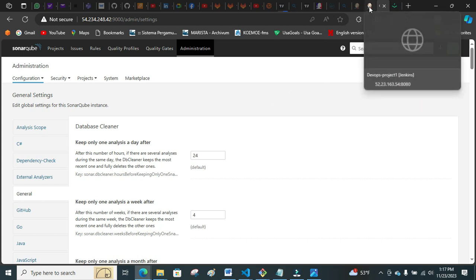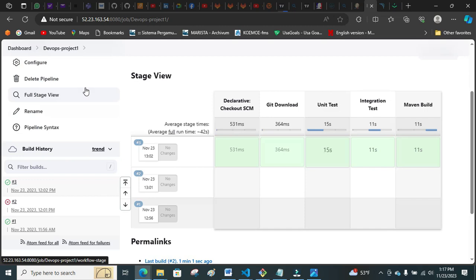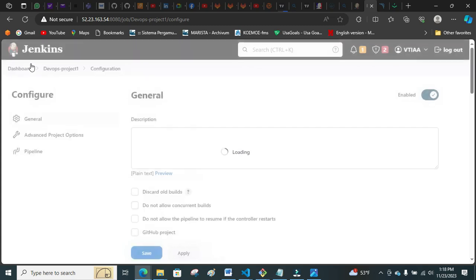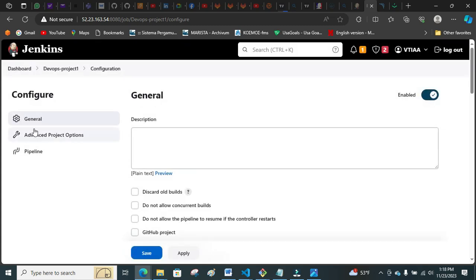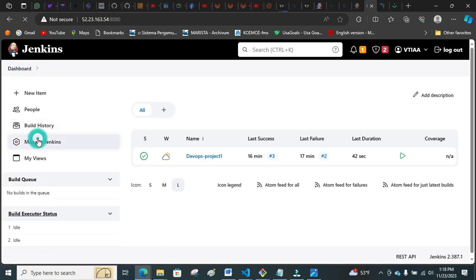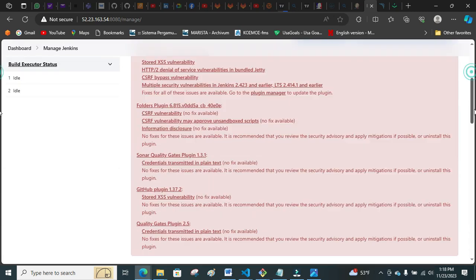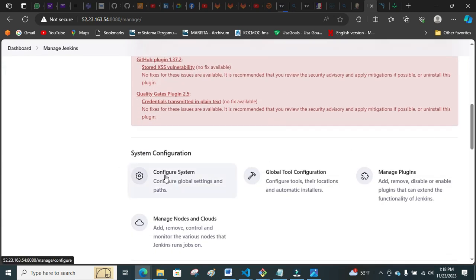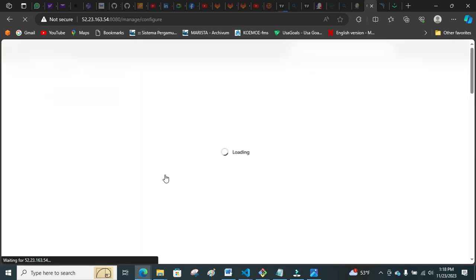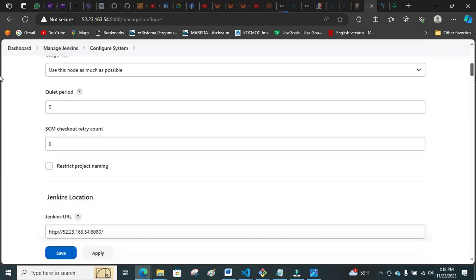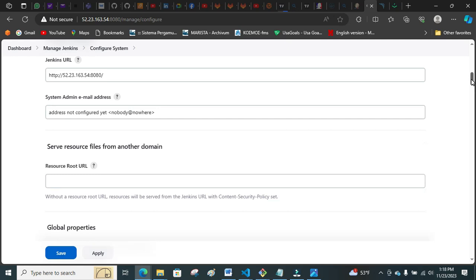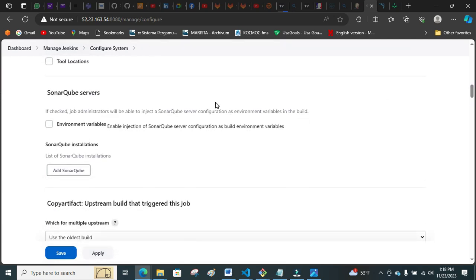But before we generate that token, let's first go to Jenkins and see where we are going to use that token. Now in Jenkins, just come to dashboard. You will see manage Jenkins. Then you come down to configure systems. Now from configure system, you will look for sonarqube. You will see sonarqube servers here because you have installed